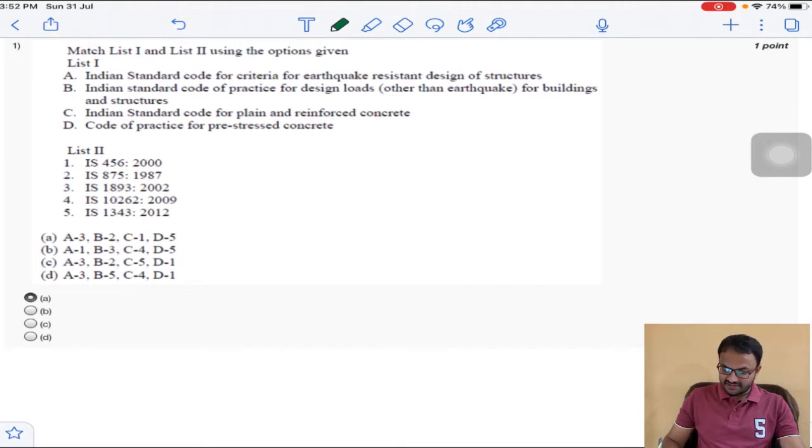You can see the first question. He has given match list 1 and 2 using the options given. So in list 1, he has given the names of the codes, and in list 2, he has given the numbers. Which number will describe which code. Okay, so here coming to option 1,